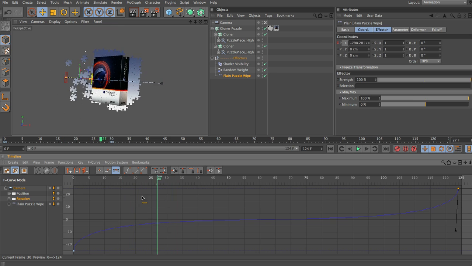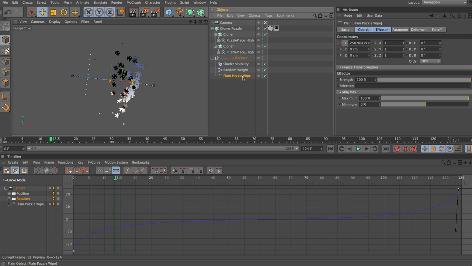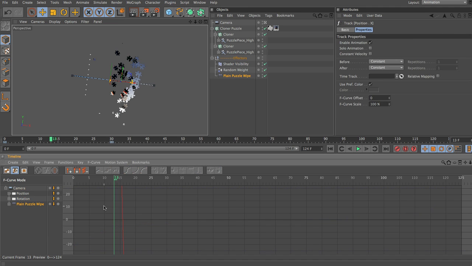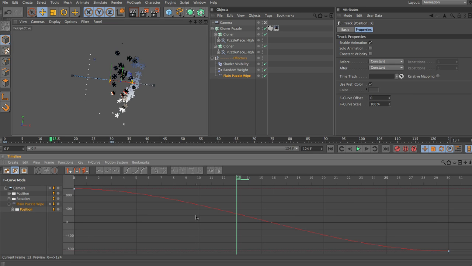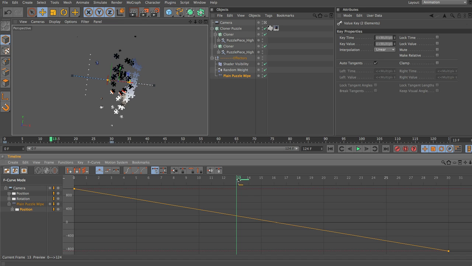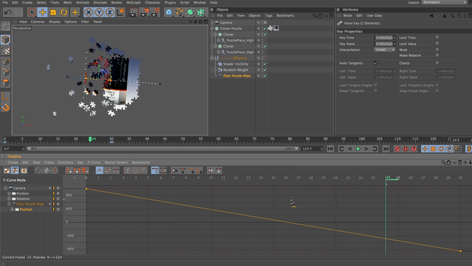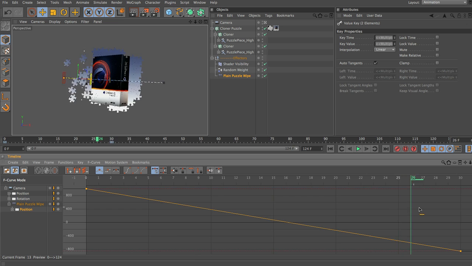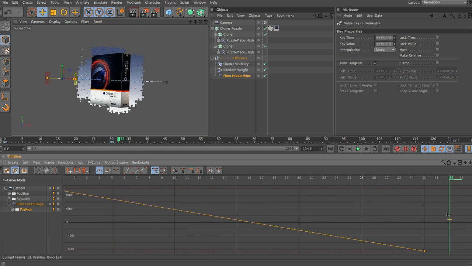Now one thing with the plane effector animation is that I have my keys set to auto tangent, so if we select the plane puzzle wipe, select the position and press H to view the curve for that, you can see that it's easing out of this first key and into the last key. So if we just press Command A to select them all, and then we can set this to linear, and you can click on this icon here, or you can press Alt L and that will set that to linear. We don't really need to have any ease on that. We just want that to start moving straight away and to travel through in a nice linear fashion.